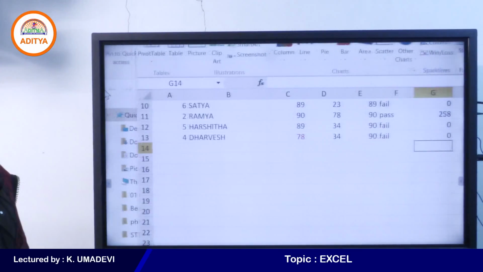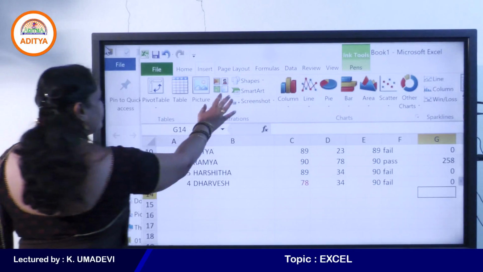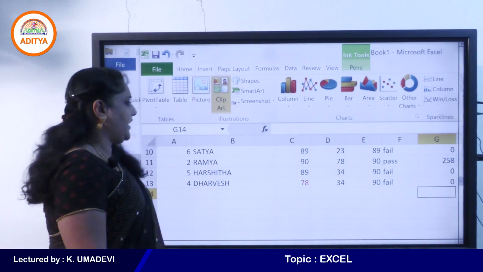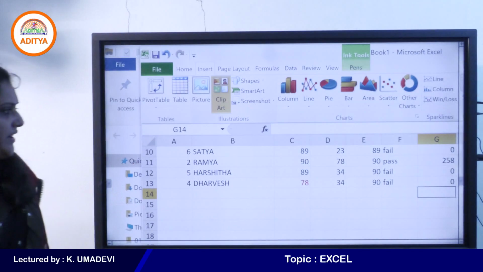Okay students, next one, clip art. When you click on the clip art, again the clip art task pane will appear on the right side of the